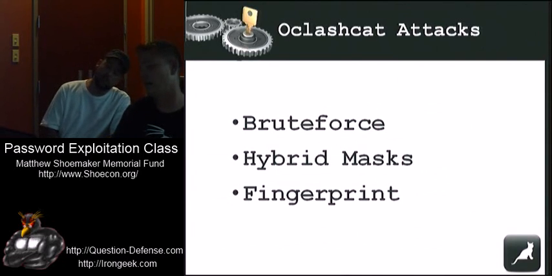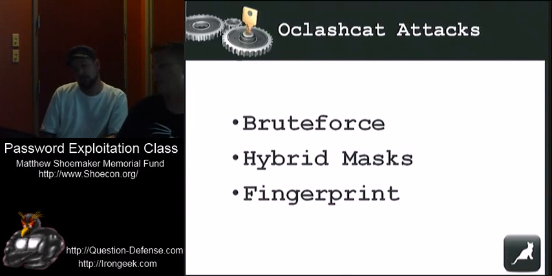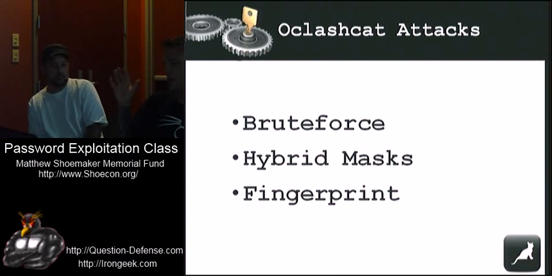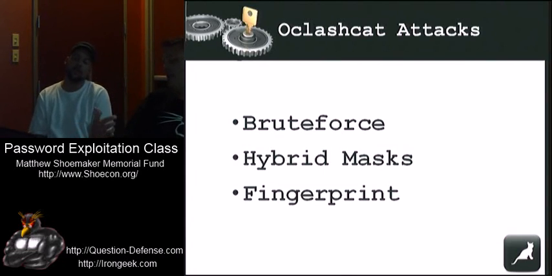The main attacks of oclHashcat, or these are the attacks that we're going to show, are brute force, which hopefully everyone knows is just specifying a character length and trying every single thing in that character length. So lowercase a to z, uppercase a to z, 0 to 9, and all the special characters. And then there are the hybrid mask attacks. Like I said, Alex is going to show us how to do all those, with whatever we specify appended to the end of a dictionary word. So you'll see, it'll make sense when we show it to you. And then the best attack of all, which is the fingerprint attack, and hopefully we can get that going.